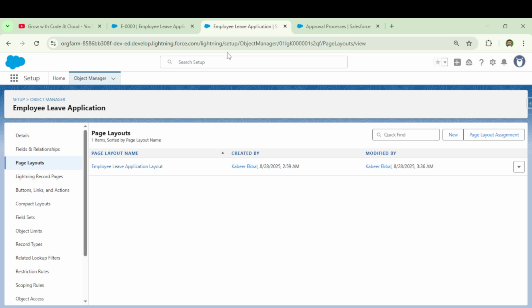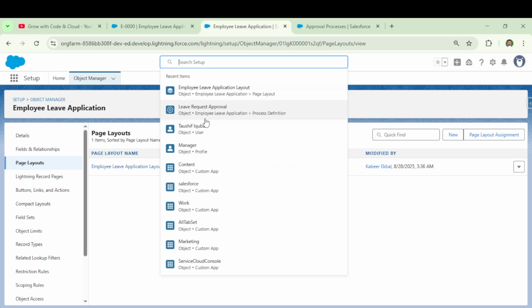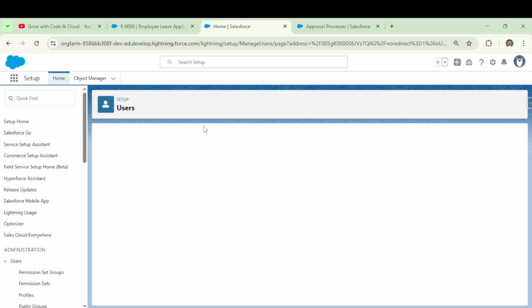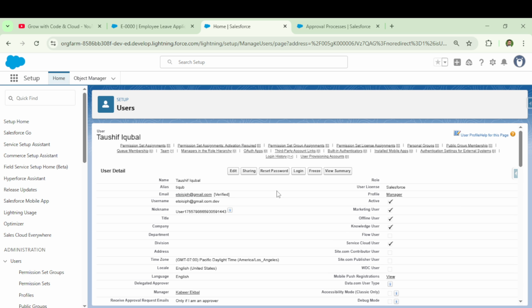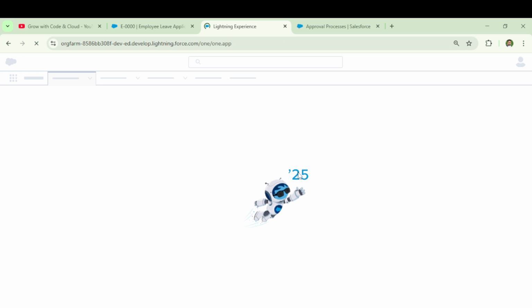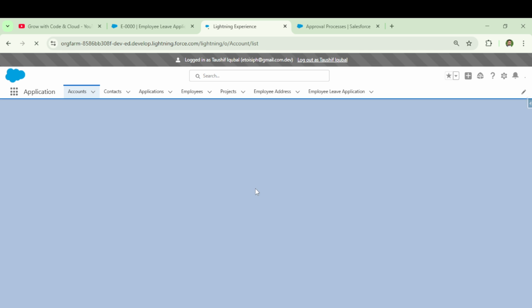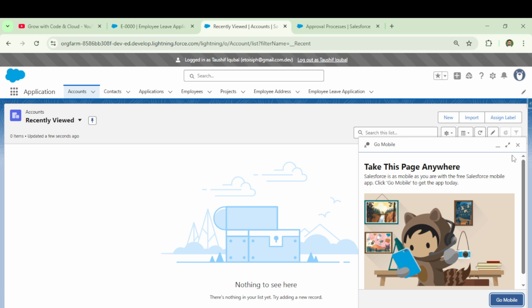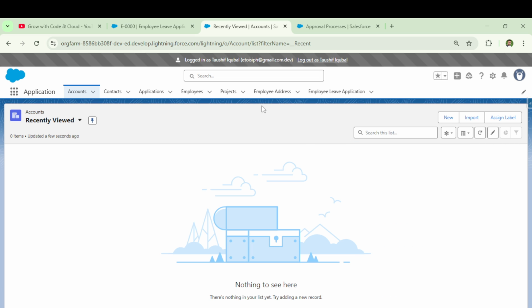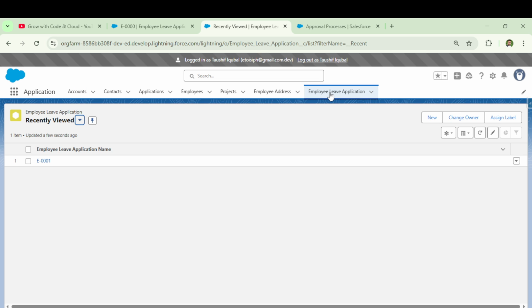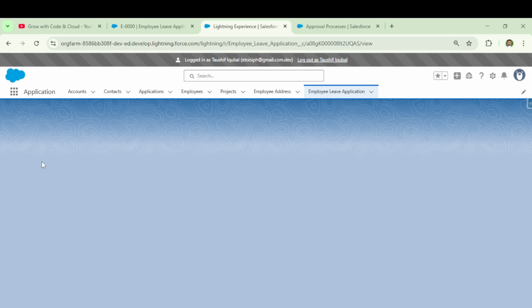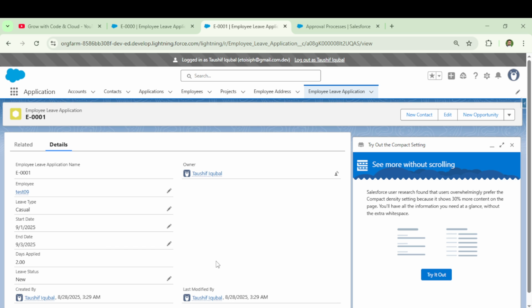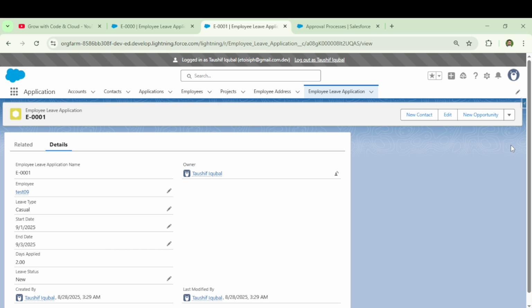Now quickly test it. Now log in with that user. Log in with any user who has their manager assigned. Okay, click on this, and this record he already created. Now he will try to submit this record.